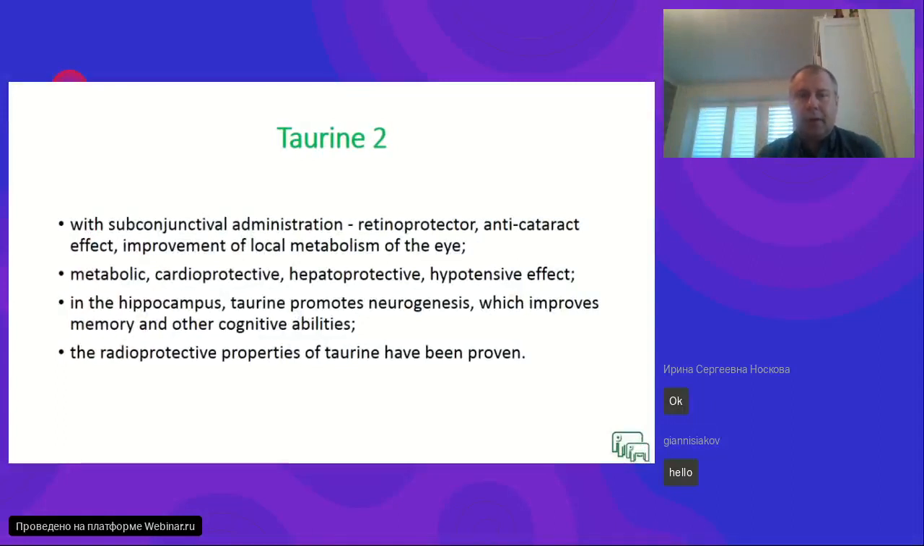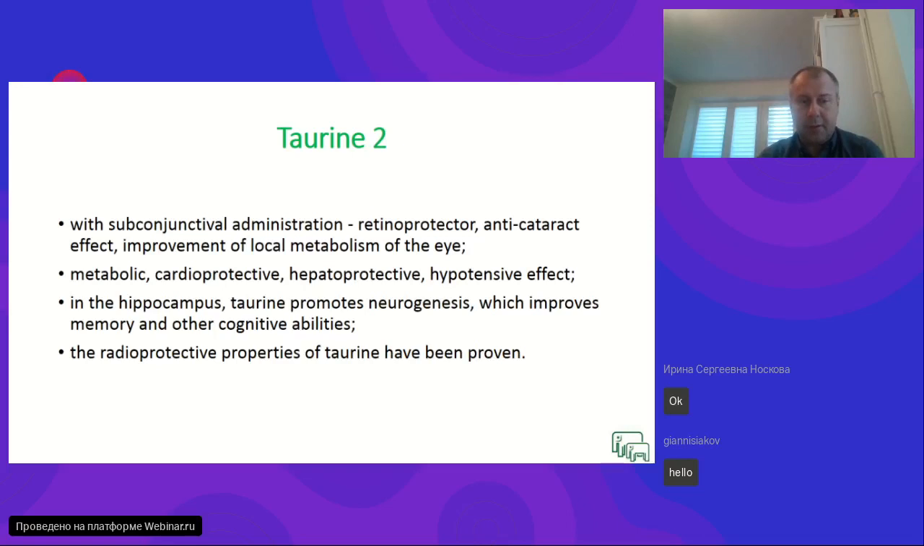Also, it is used as a subconjunctival administration. It means that we put it to the eye, and it is useful as a retina protector, anti-cataract effect, and improvement of local metabolism of the eye, and in general have rather many positive effects, such as metabolic, cardioprotective, hepatoprotective, hypertensive, and so on. In hippocampus, taurine promotes neurogenesis. It's a creation of new nervous cells, which improves memory and other cognitive abilities, and even it has